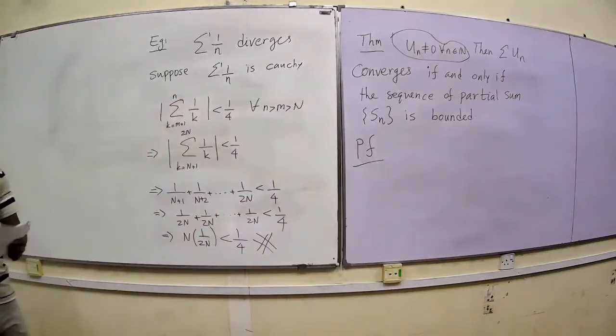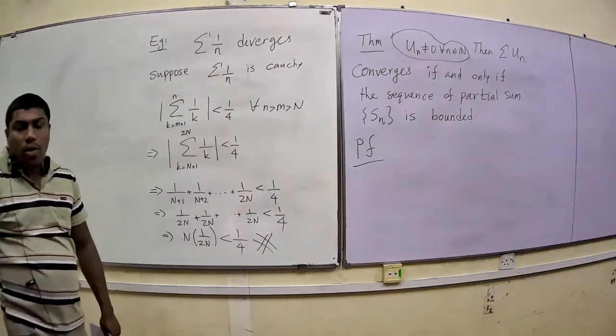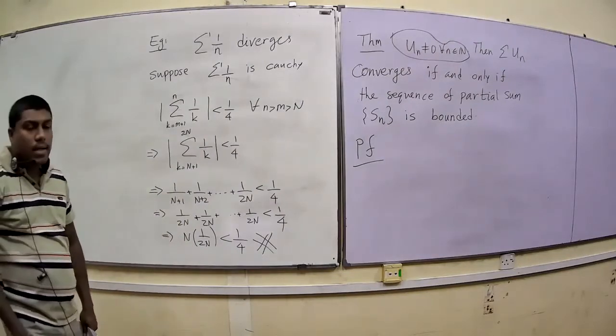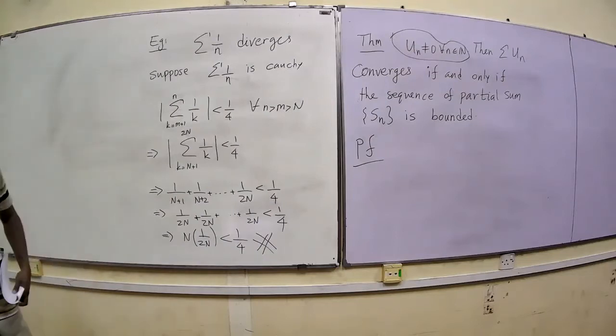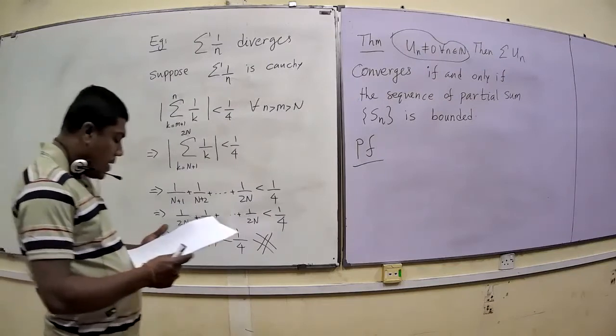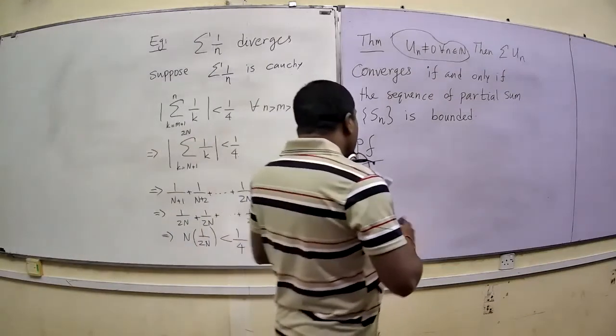The terms u_n are not zero for all n, right? That is very important here to prove the monotonicity, right? Because of that, you can see that the